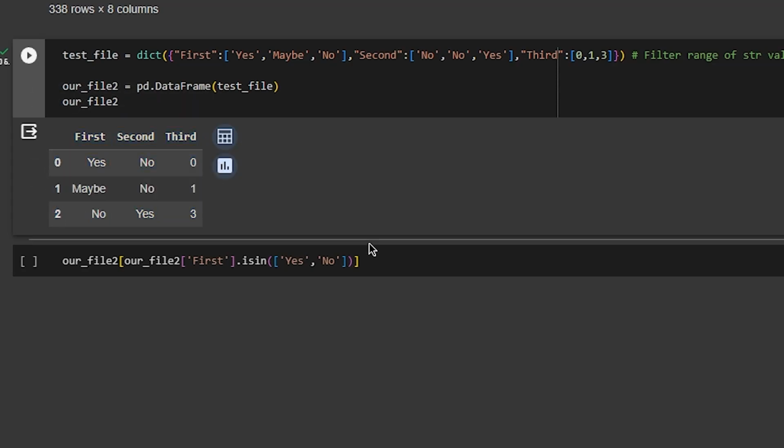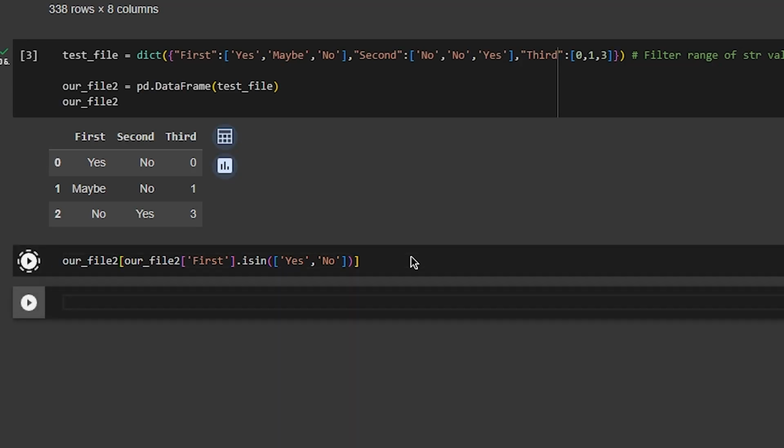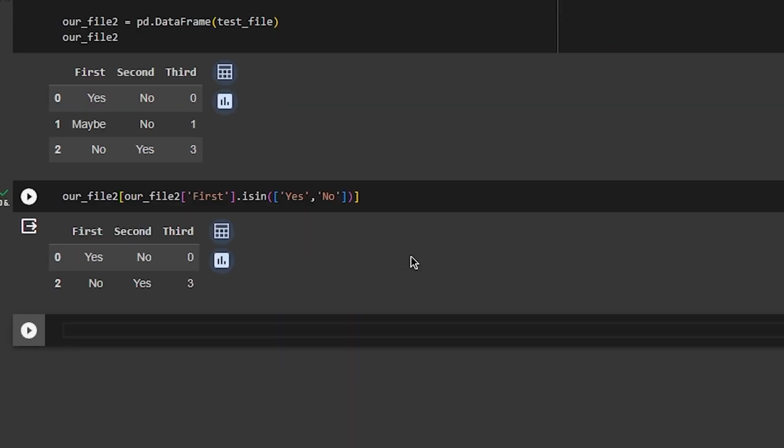and this will be dropped. The middle row will be dropped. So if we run this, boom, you get the first and the third row. Amazing. So let's say that you only want to keep from the row first, you want to keep only the